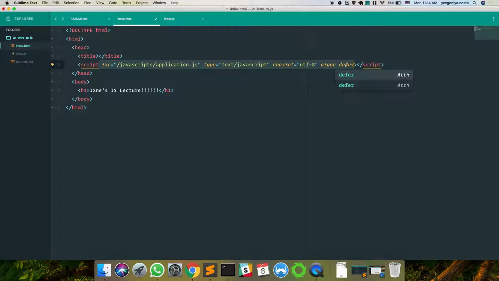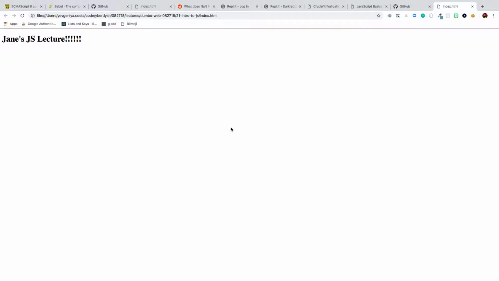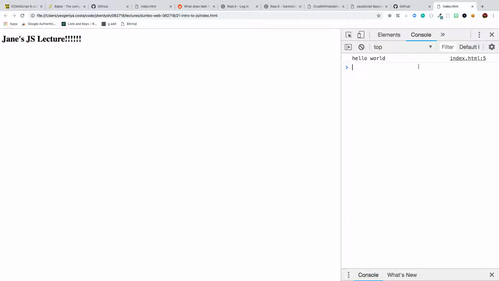Source. So some of this stuff is useful, right? Maybe type to tell us that it's JavaScript. Source is if you have a file, which we're going to get to. I can also put some JavaScript in here. So if I wanted to console log something on this page, which you're going to do a lot of, and then try to see it in the browser, you can do something like this. So I've refreshed, and look, now there's JavaScript on my page. And I didn't have to go in the browser and put it there. It came with my HTML.